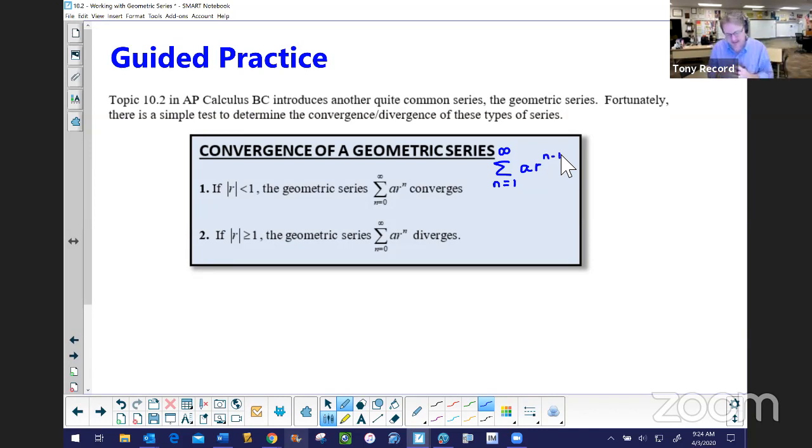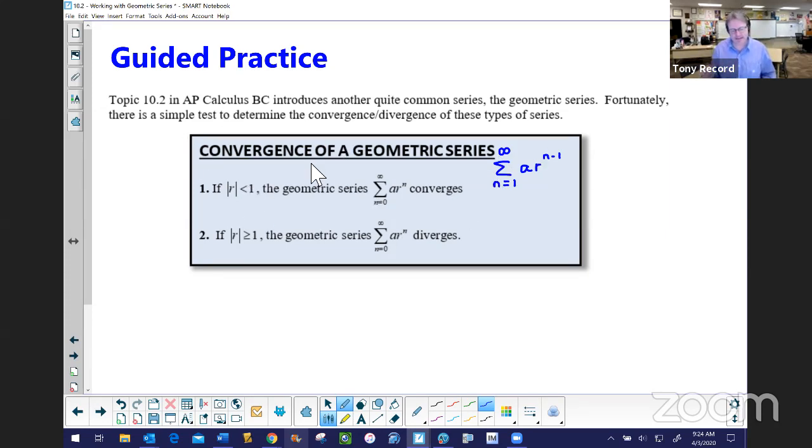So it's very likely that in your textbook or in the notes that you have from your teacher, maybe this is the formal presentation of a geometric series. It doesn't matter, right? We could start at n equal 5, and we can still construe convergence and divergence by using this same